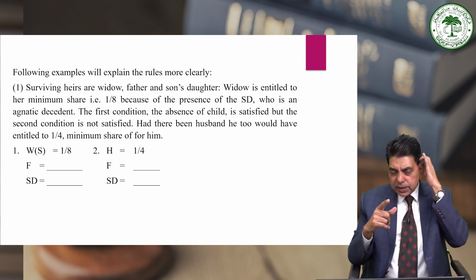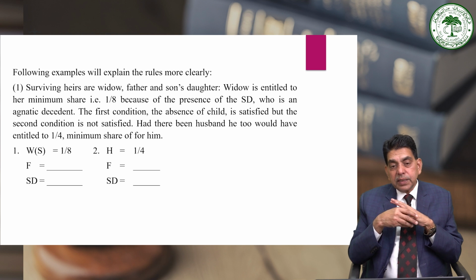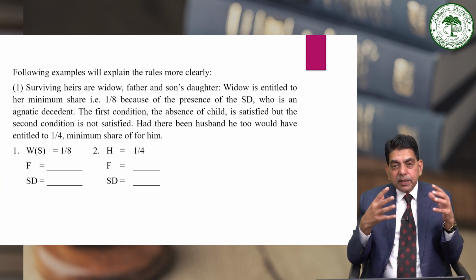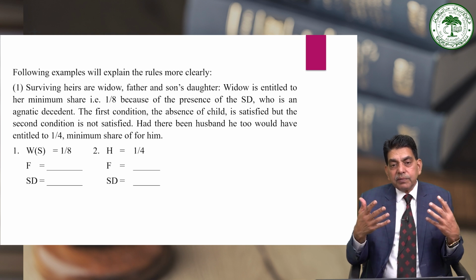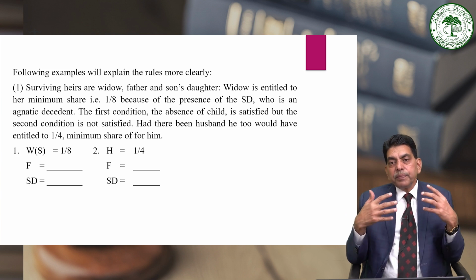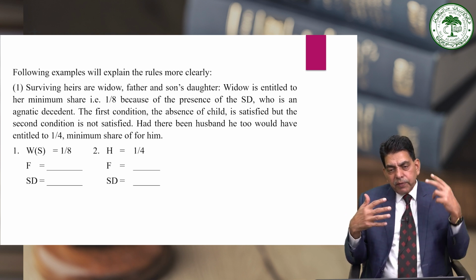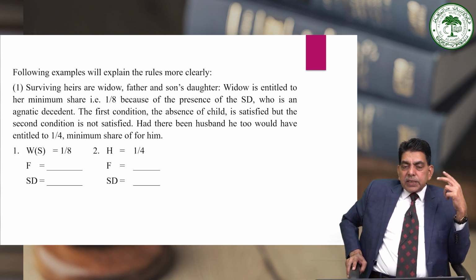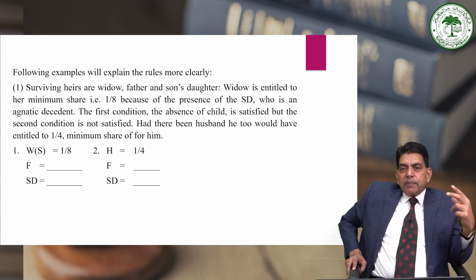Here the surviving spouse in example 2 is the husband. So whether in this case the husband will be entitled to the maximum quota of the share or the minimum quota of the share will be decided taking into consideration the fundamental principle governing the entitlement of the surviving spouse. I have already mentioned the fundamental rules regulating the entitlement of the surviving spouse. The golden rule prescribed by Muslim law for determining the entitlement of the surviving spouse is that the surviving spouse, husband or widow, will be entitled to the maximum quota of the share, 1/2 or 1/4, if